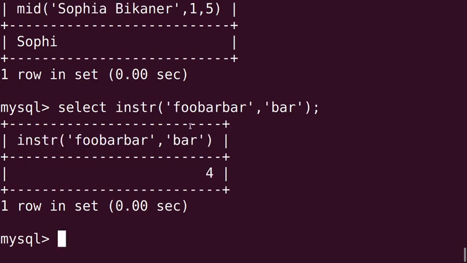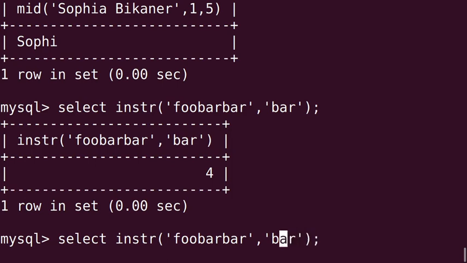You can see within this string BAR occurs 2 times, right? But in the output you are getting 4. That means the first occurrence is returned. First occurrence means 4th position, isn't it girls? F is 1, this is second, this is third, and this is 4th. Because of that in the output you are getting 4.